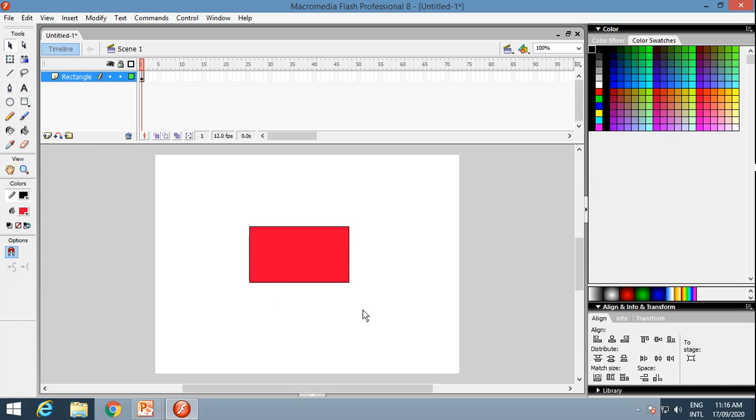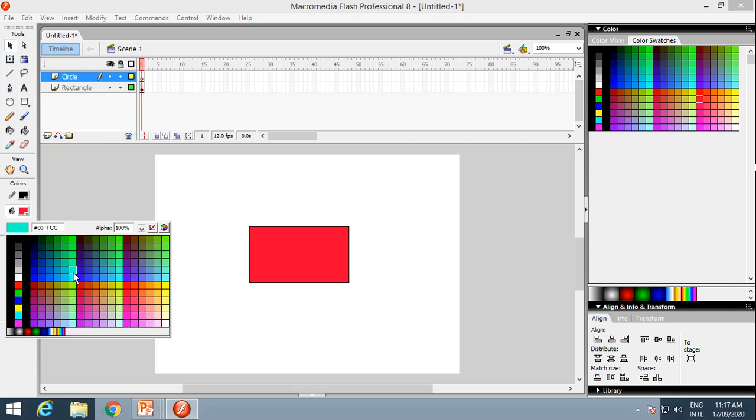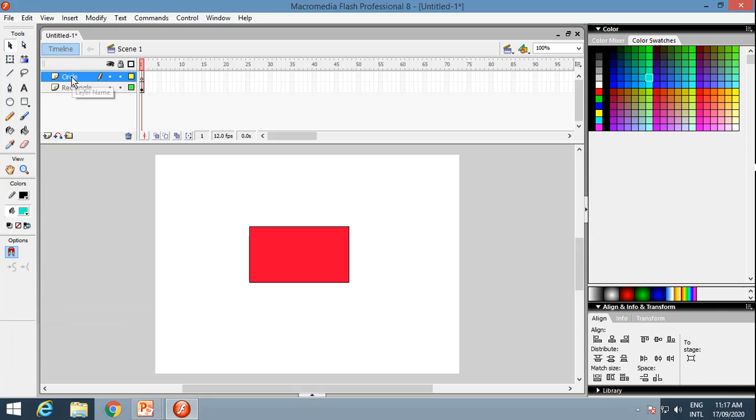Now see, I had taken the rectangle on the rectangle layer. Now I will take a new layer, and on that layer I will draw one circle. Suppose I will change the color. Now what I have to do?